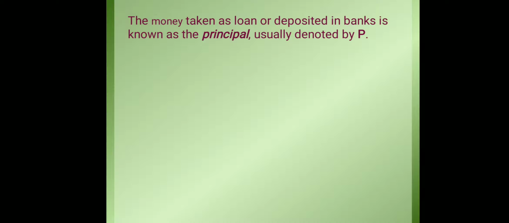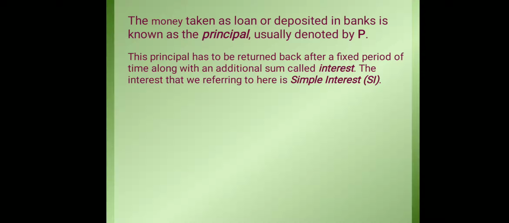The money taken as loan or deposited in a bank is known as the principal. Usually we denote it by P. This principal has to be returned after a fixed period of time along with an additional sum. It's called interest. The simple interest that we're referring to here is denoted by